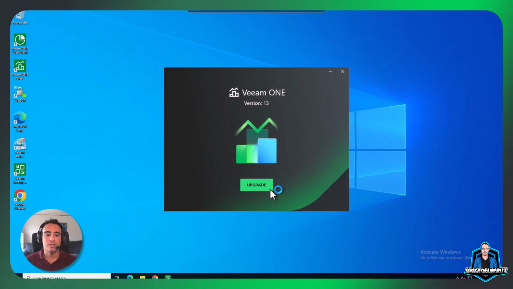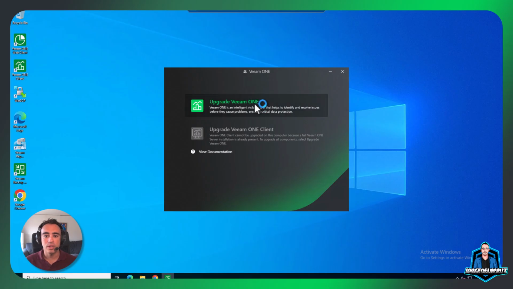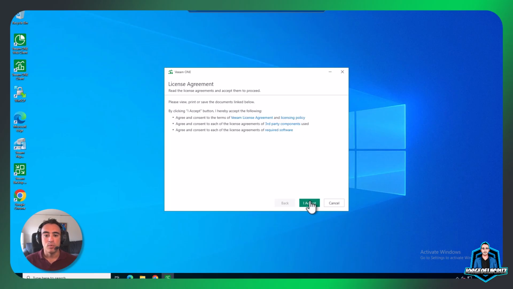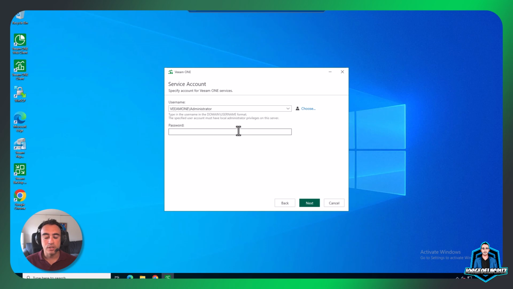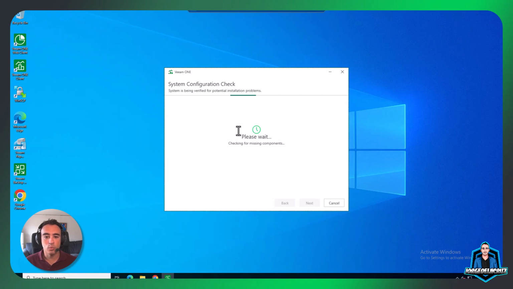So without any delay, let's go and check how to do the update. It is very easy. We mount the ISO, we click upgrade Veeam ONE, we click next, and then in my case I have 13.0.2 and it's going to update to 13.1. Let's introduce here my password for that specific service account. And then within a few seconds or minutes, depending on your environment,